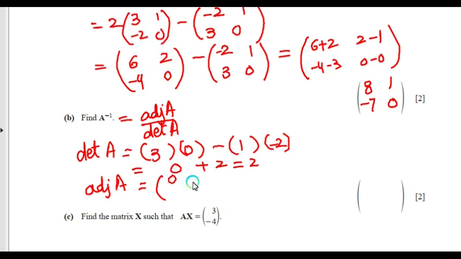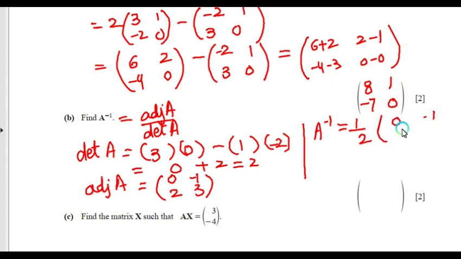The second diagonal is this, 1 into minus 2. So simplifying, 3 into 0 is 0, minus into minus is plus, 1 into 2 is 2. So this will be the determinant, right? Now the next step is to find the adjoint of A. The adjoint of A will be switching the entries of the first diagonal of A